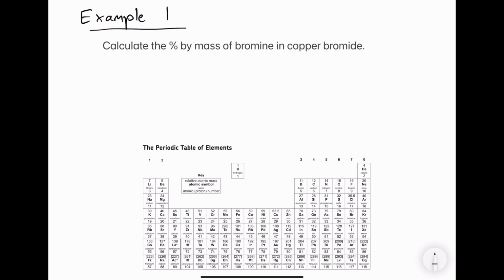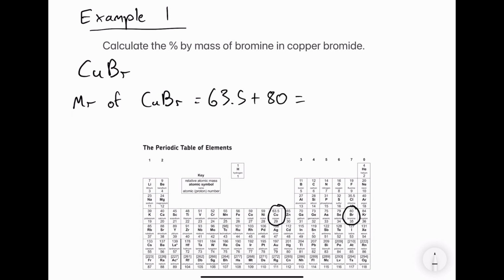things to do this. The first thing we need is the chemical formula of copper bromide, and that's CuBr. 1 atom of copper and 1 atom of bromine. The next thing we need is the Mr of copper bromide, which is the relative formula mass. And we get this by adding together the relative atomic masses of copper and bromine. Copper is 63.5 and bromine is 80. And this gives us an Mr of